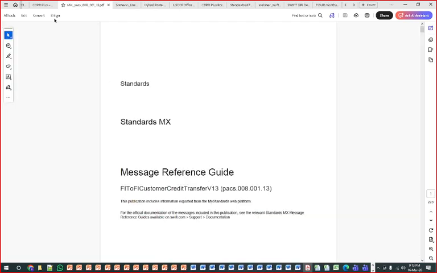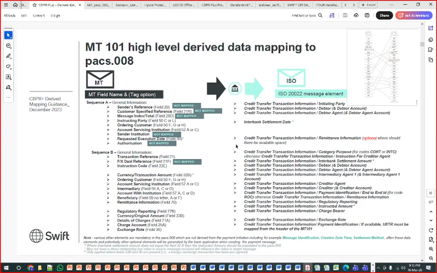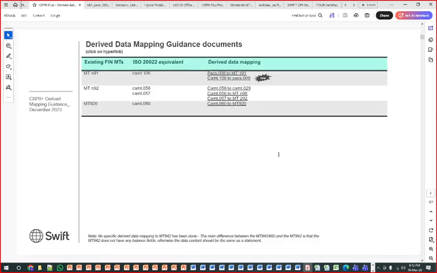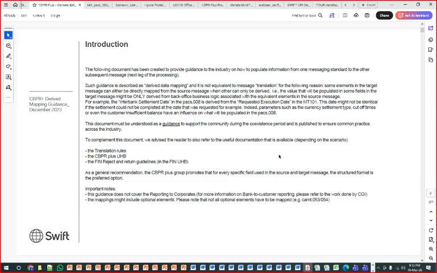This is one thing we want to learn. When we are learning ISO 20022, we are learning the migration part as well. For example, how MT103 and MT101 are converted, that is, mapped into ISO 20022 messages. The most important question in interviews is: can you map the data account? Can you map the 32A? Can you map the date and time? So many questions revolve around this.